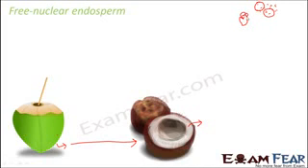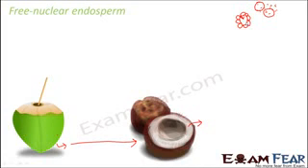Outside the embryo sac, you had the nucellus, right? So the embryo sac was basically located in the nucellus. Now sometimes what happens is the cells of this nucellus start dividing and give rise to a lot of nuclei. So that is the origin of the formation of so many free nuclei. These free nuclei start floating in the endosperm, like how it does in the case of the tender coconut.